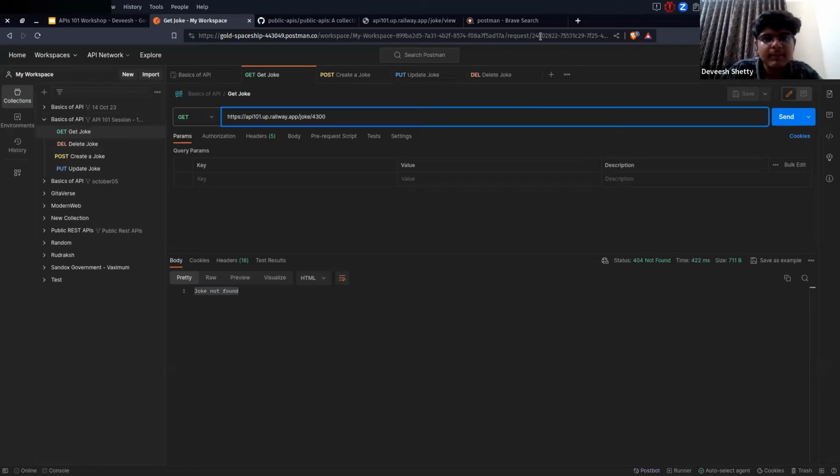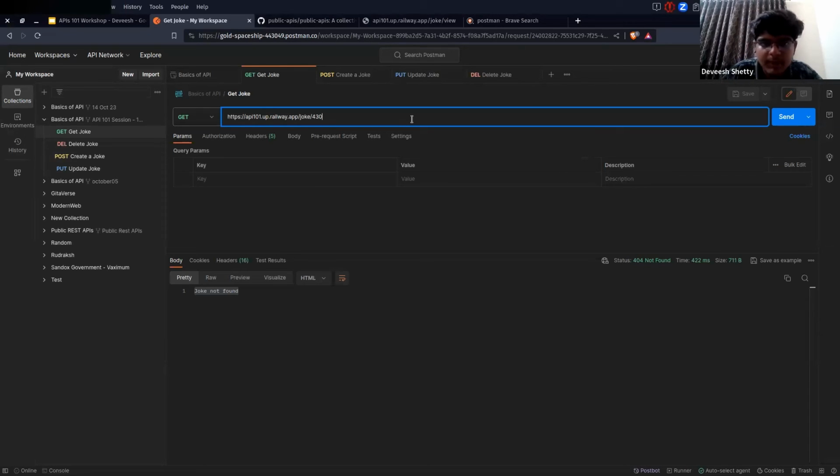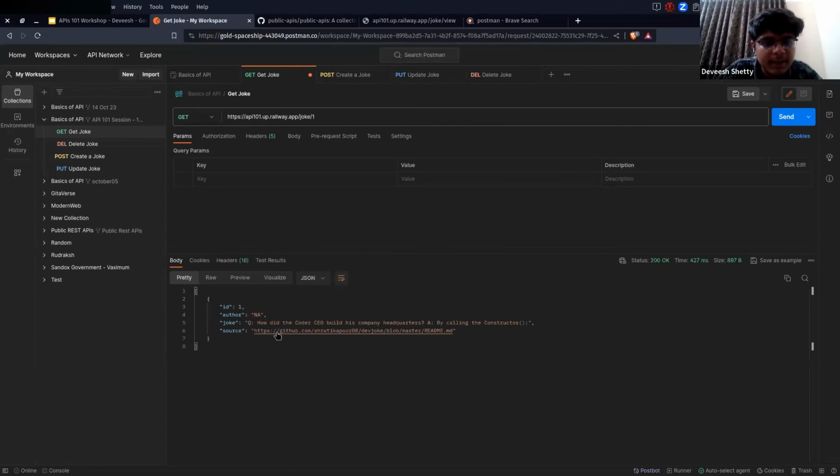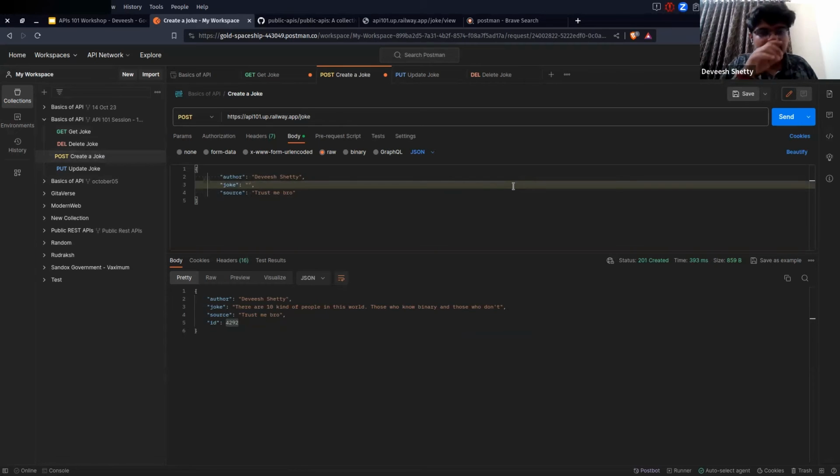So if I get, I will fetch some ID from the chart. Which ID was there? 4302. Or wait, I'll use one only, better. Yeah, one. I will send. So this is a get request. I'm getting data. Next is the post. I'm creating something. If I change this here, and if I create a joke, this is a